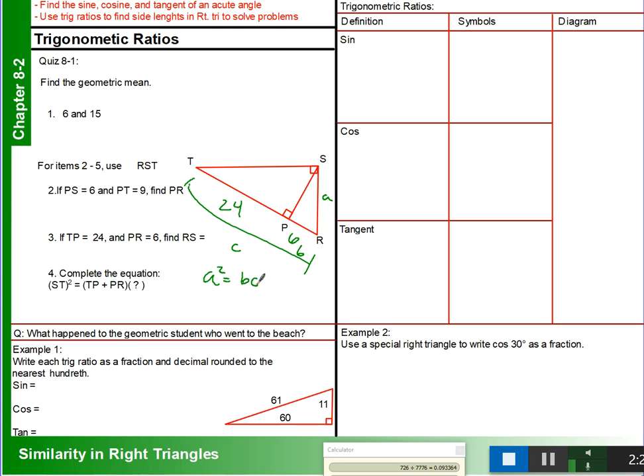So in that case, we want to know A squared. So we have A squared is equal to 6 times 30. So A squared is equal to 180. So square root. And we get A is equal to,